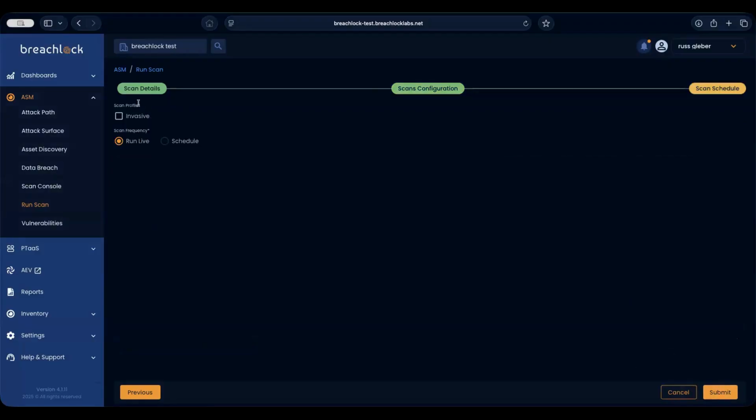Now here I can choose a scanning profile that I would like to run. By default, it is non-invasive in nature, but if I toggle on invasive, what that's going to do is send more packets at the application. There will be more fuzzing. It'll actually fill in some inputs and some fillable forms, and it can cause some traffic and some tickets on